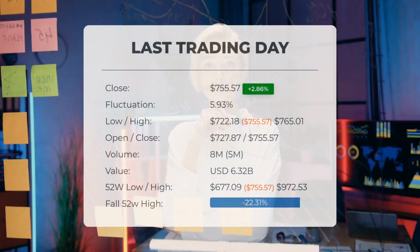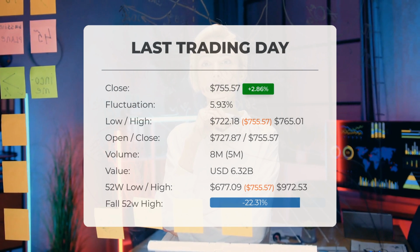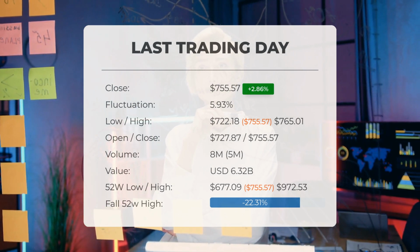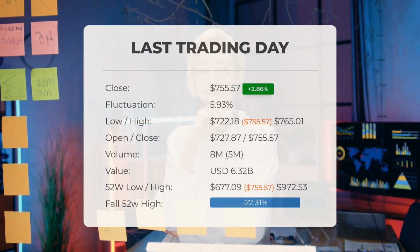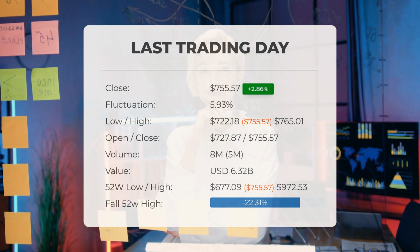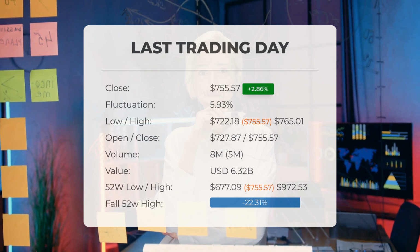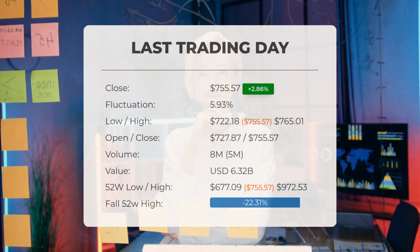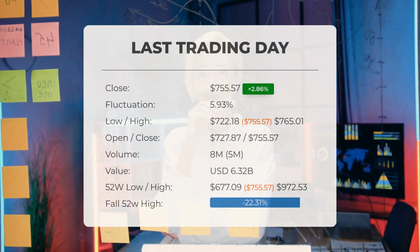Our latest daily update for Eli Lilly includes the headline, "Green Day on Monday for Eli Lilly stock after gaining 2.86%." The Eli Lilly stock price gained 2.86% on the last trading day, which was Monday, the 12th of May, 2025. The stock rose from $734.57 to $755.57. During the last trading day, the stock fluctuated by 5.93%, with a day low of $722.18 and a day high of